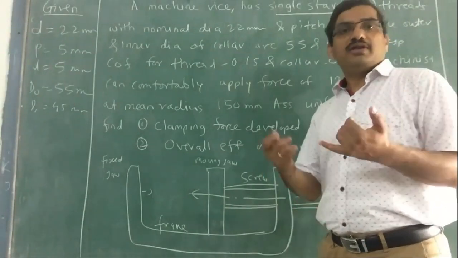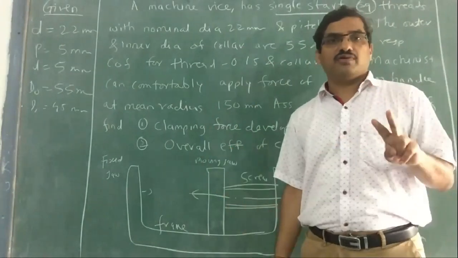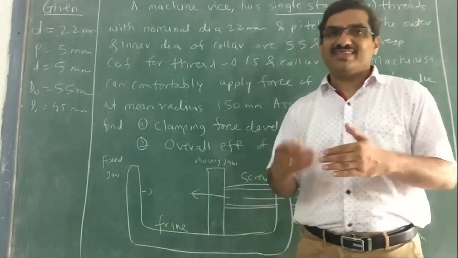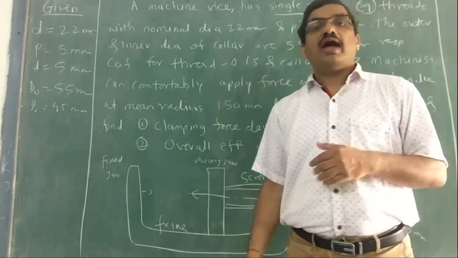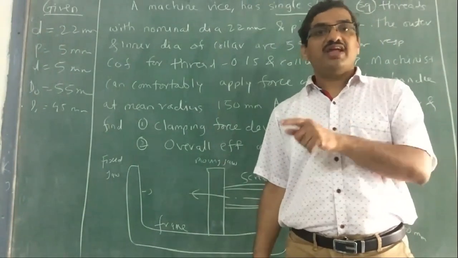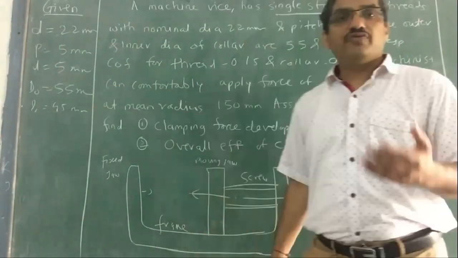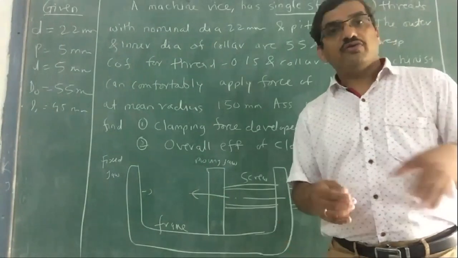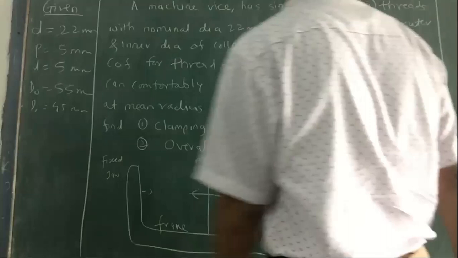So in any screw problem, we have to overcome two kinds of friction. One is the friction between the threads, that is MT, the torque required to raise or lower the load, right? And then we will have a torque because of collar friction, that is mu C into W by 4 into (DI plus DO). So we know DI and DO. If we know the coefficient of friction and load, we can find out this. Or if we know the torque, then we can find out the load. Okay, so we have noted it down.